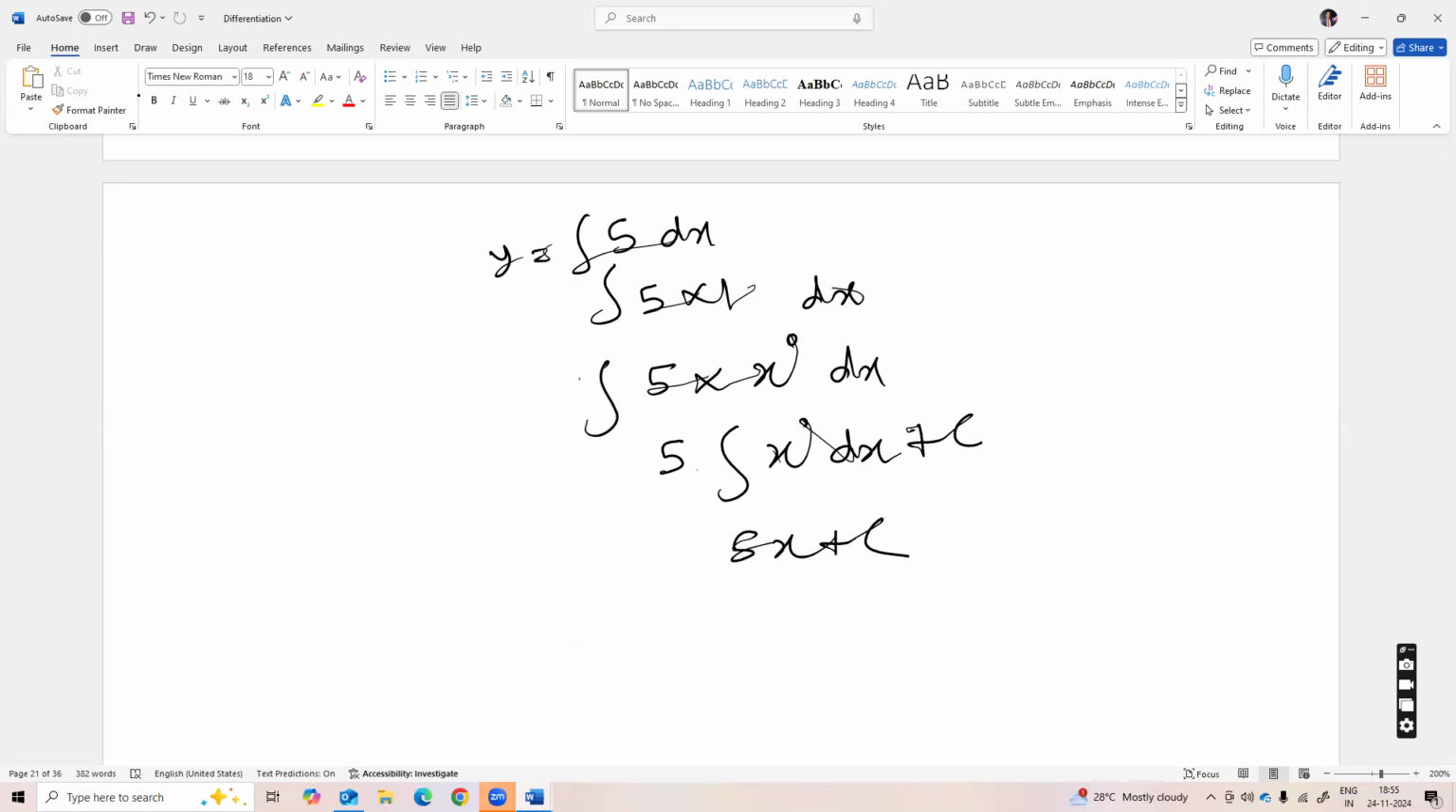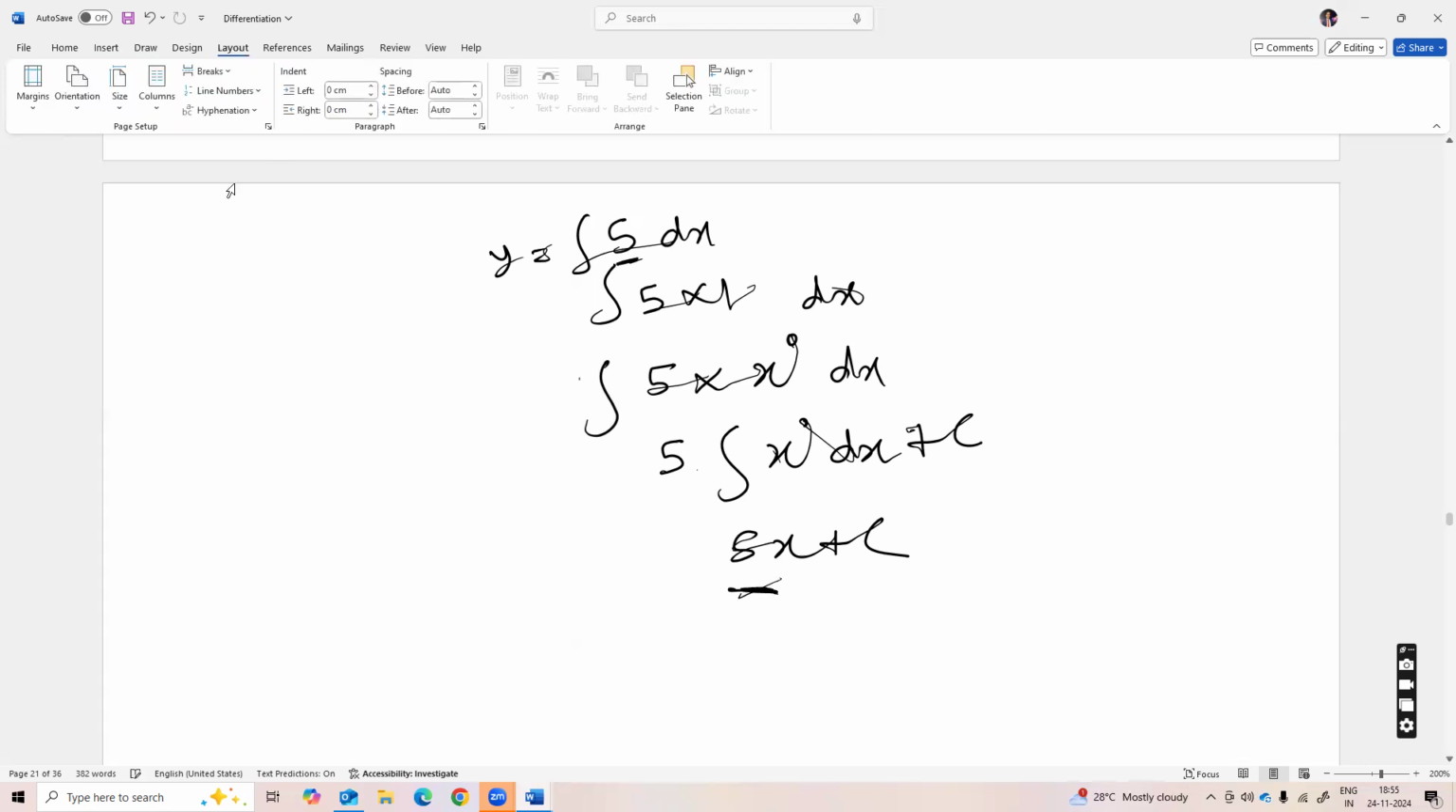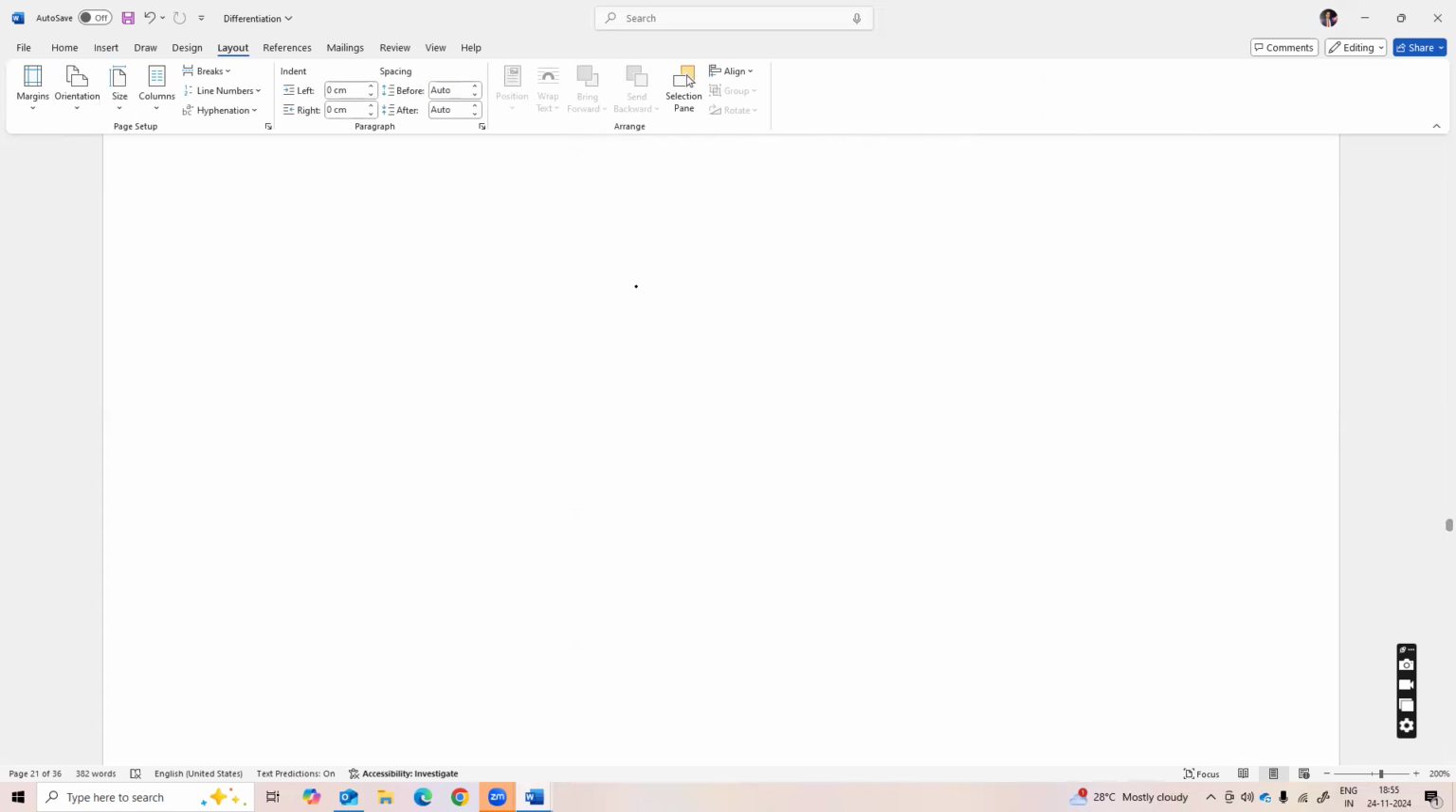So if you have some constant value, then simply you can write it like this. Next one is y equal to e to the power x. As you know, the differentiation of e to the power x, if you have to find dy by dx, is also e to the power x. Similarly, if you find the integration of e to the power x dx, then it is also the same, plus only